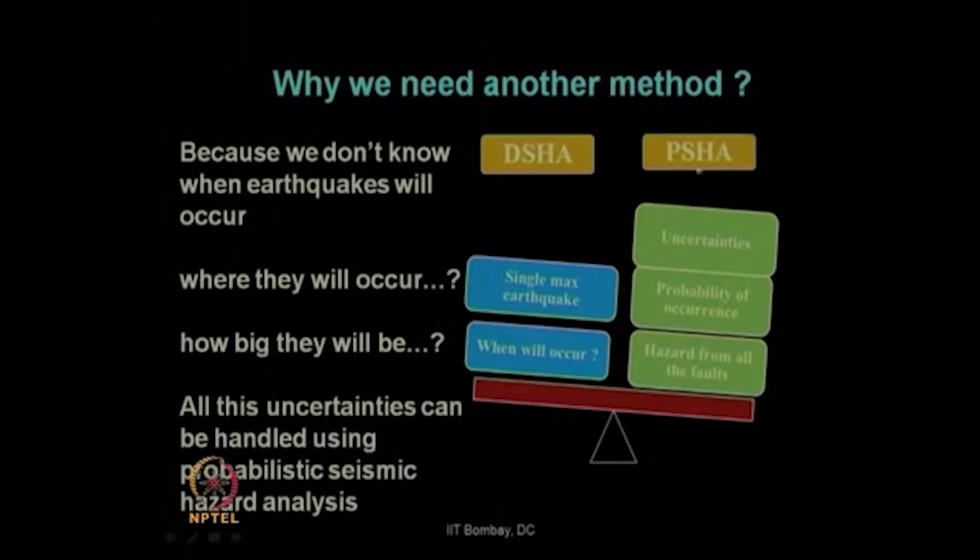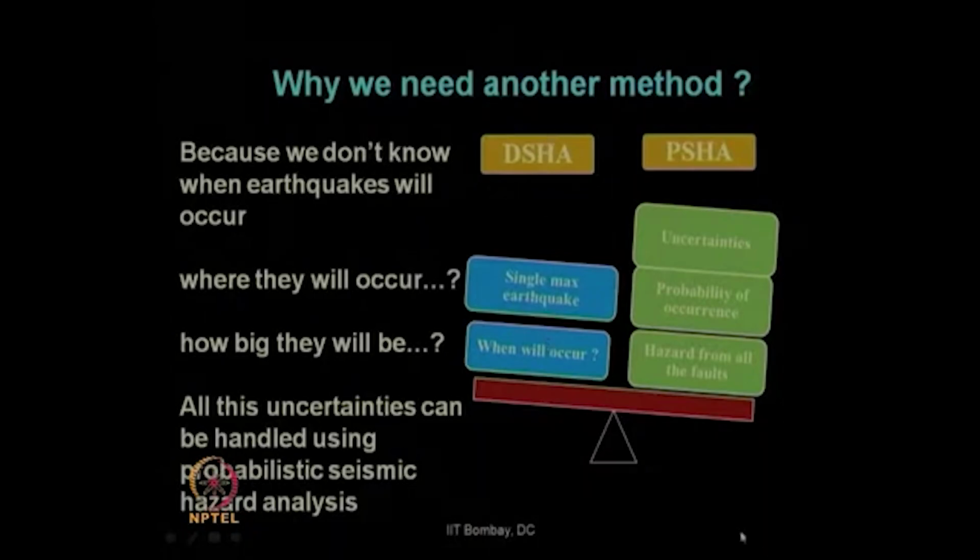So, that is why PSHA, or probabilistic seismic hazard analysis, has been arrived at, where we can take care of uncertainty involved in the occurrence and the magnitude of these earthquakes, and also the probability of occurrence of all these hazards, which is not possible in the DSHA, because it considers only the single maximum earthquake for estimating the